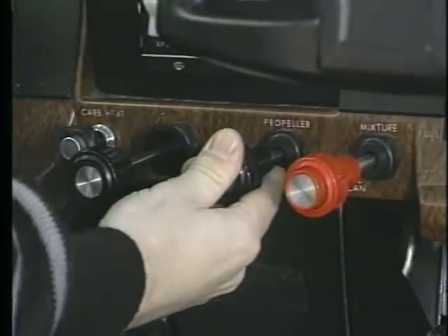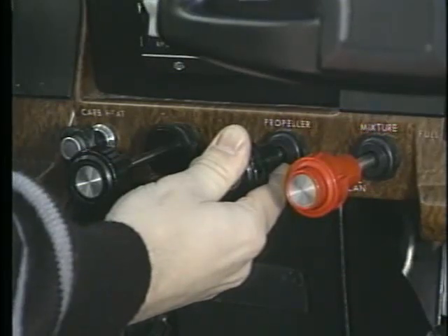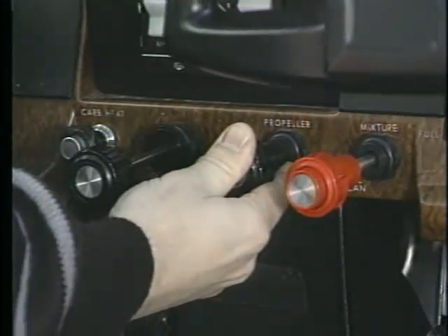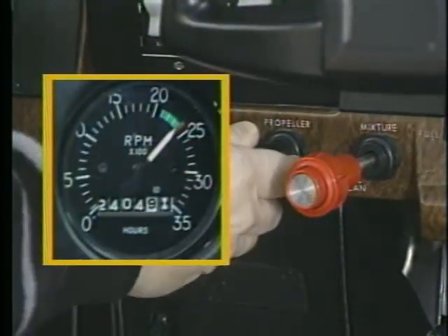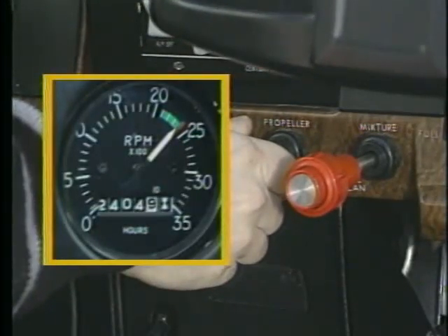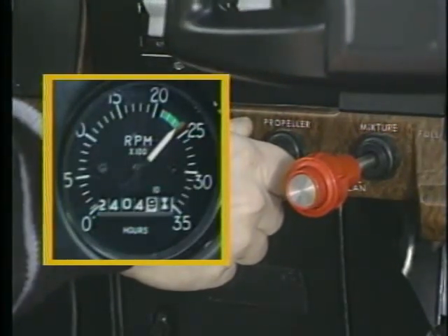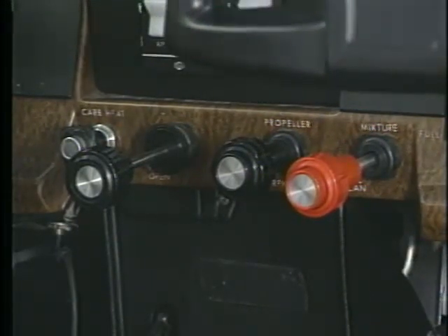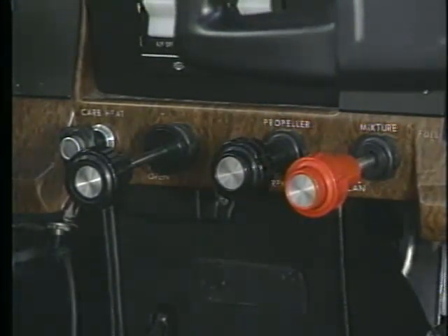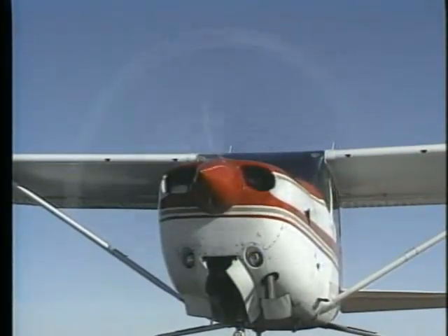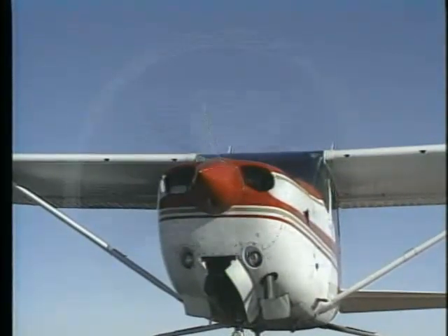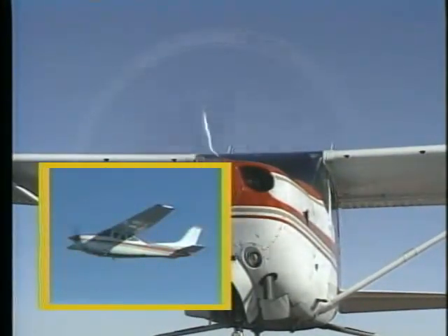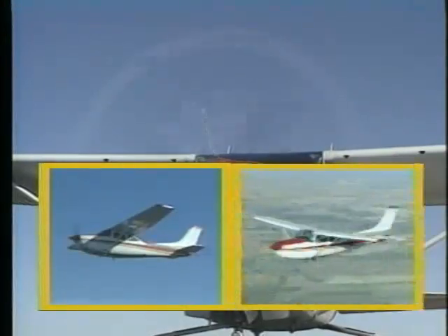The propeller control lets you change the pitch of the propeller blades, which regulates the RPMs shown on the tachometer. Your ability to select and maintain various blade angles and RPM settings for different phases of flight is where the efficiency of a constant speed propeller is measured. Changing propeller RPMs is much like changing the gears on an automobile or bicycle, where a low gear is best during acceleration and a high gear for